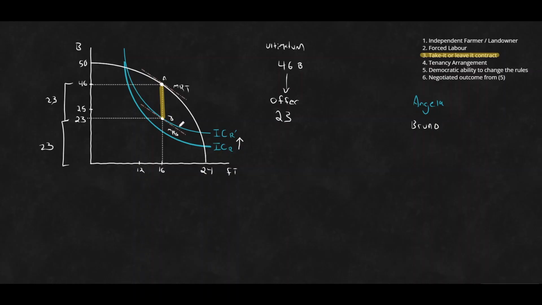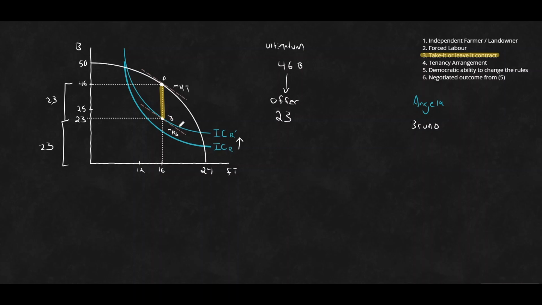This is Angela's working. She's free to make her choices. She's better off than what she was underneath the forced labor scenario, but it's still very much in this take it or leave it contract. If Bruno is able to identify that minimum, that indifference point for Angela, Bruno is able to exercise a lot of power in this and set the price, set the cost of this agreement equal to that 0 economic rent situation for Angela. And then in the same kind of way, entirely exploits her labor, leaves her with no economic rent whatsoever.